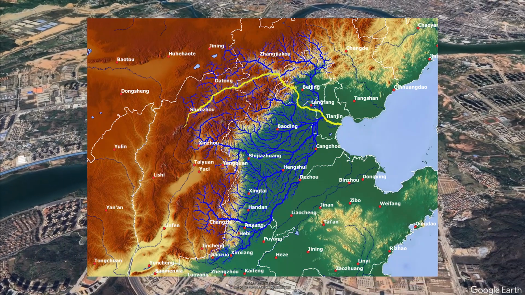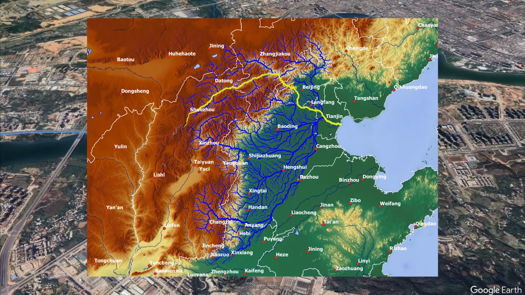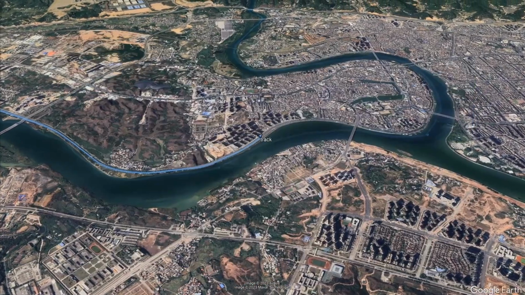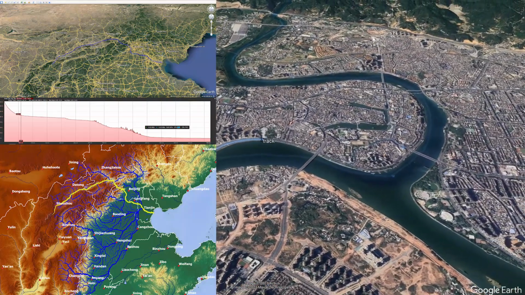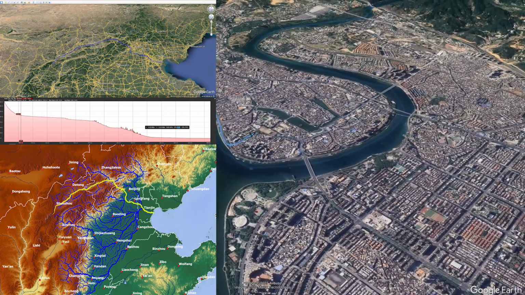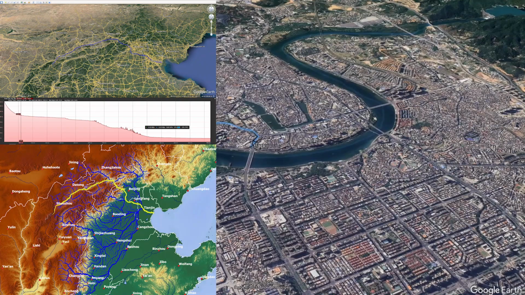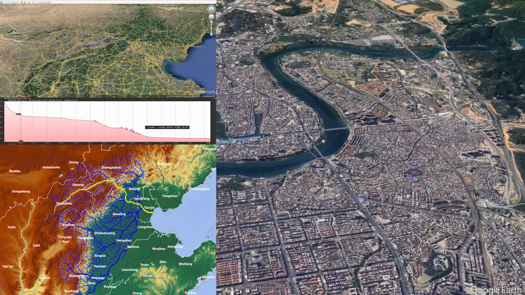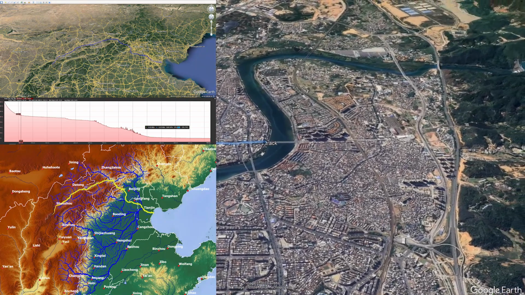River network and river route. Elevation profile. From the elevation profile and the terrain map, we can know that this river flows through a plateau and a plain, with most of its length on the plateau and plain. So, most river sections are flat. Only a small portion of the river is on the slope between the plateau and the plain.